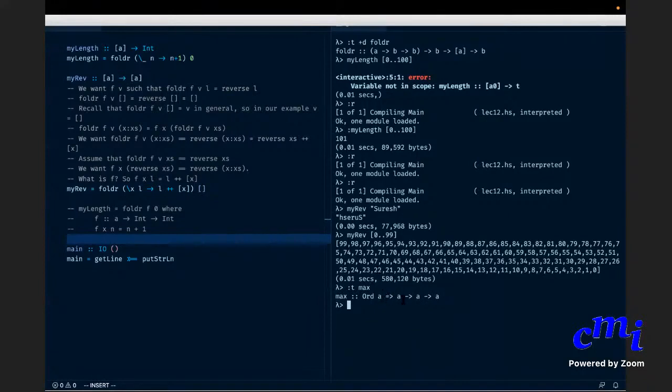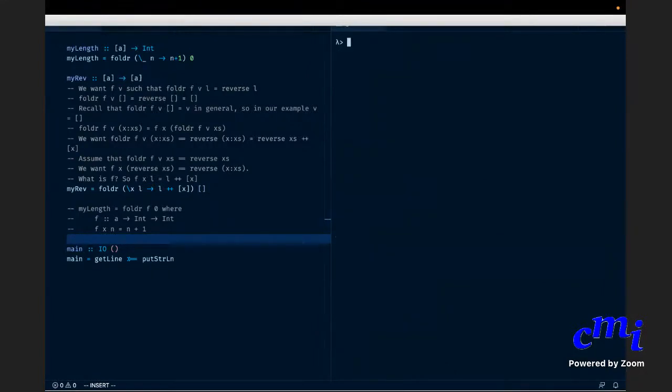For any ordered type a, it will compare two elements of type a and return the maximum of the two. So for instance, max of 10 and 12 is 12. Max of, I don't know, A and h is small h, because in the ASCII table, capital letters come before small letters, etc. Okay, that is max.